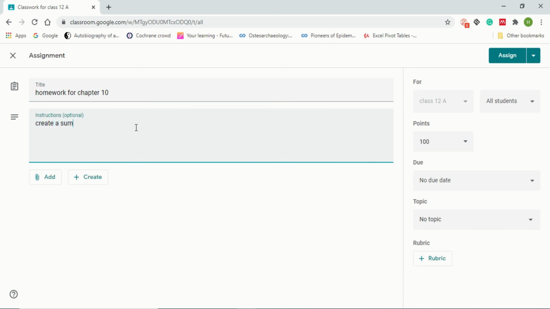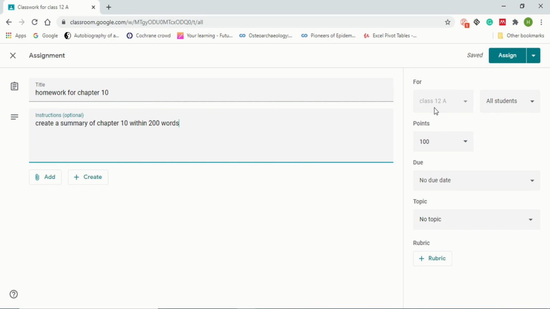Create a summary of chapter 10 within 200 words. So you want the students to do an assignment on chapter 10 of the biology book, in which they have to create a summary within 200 words.